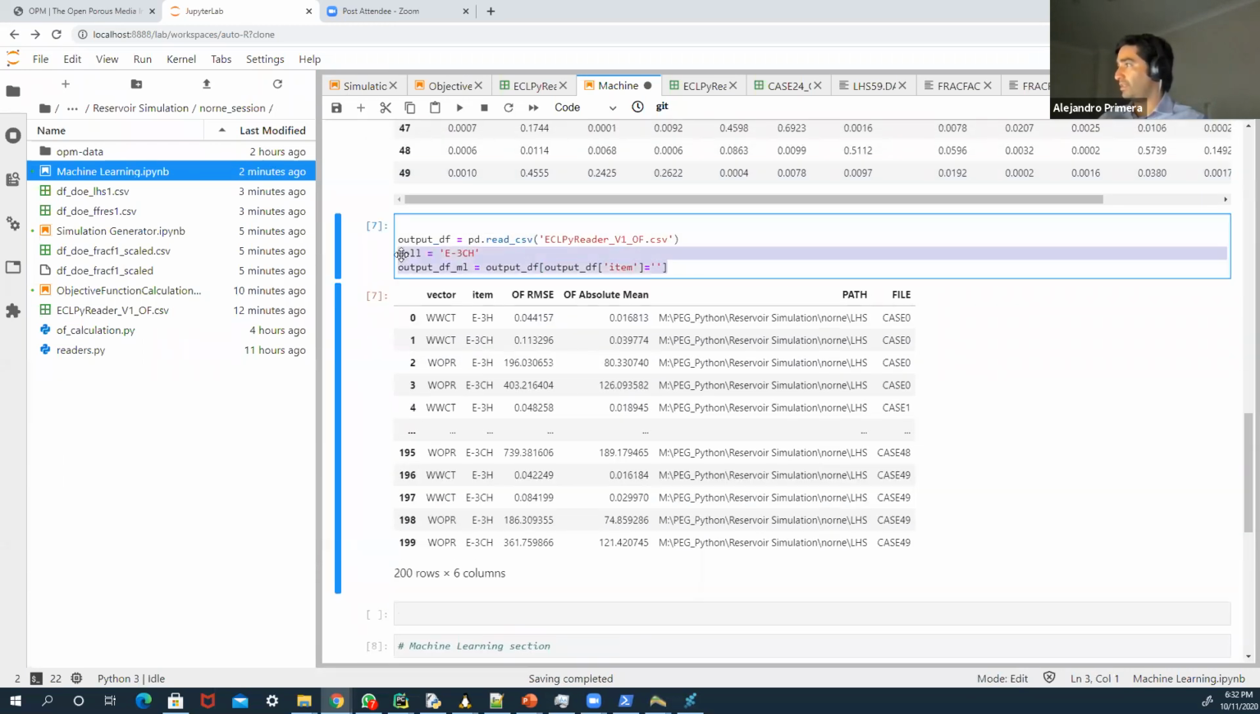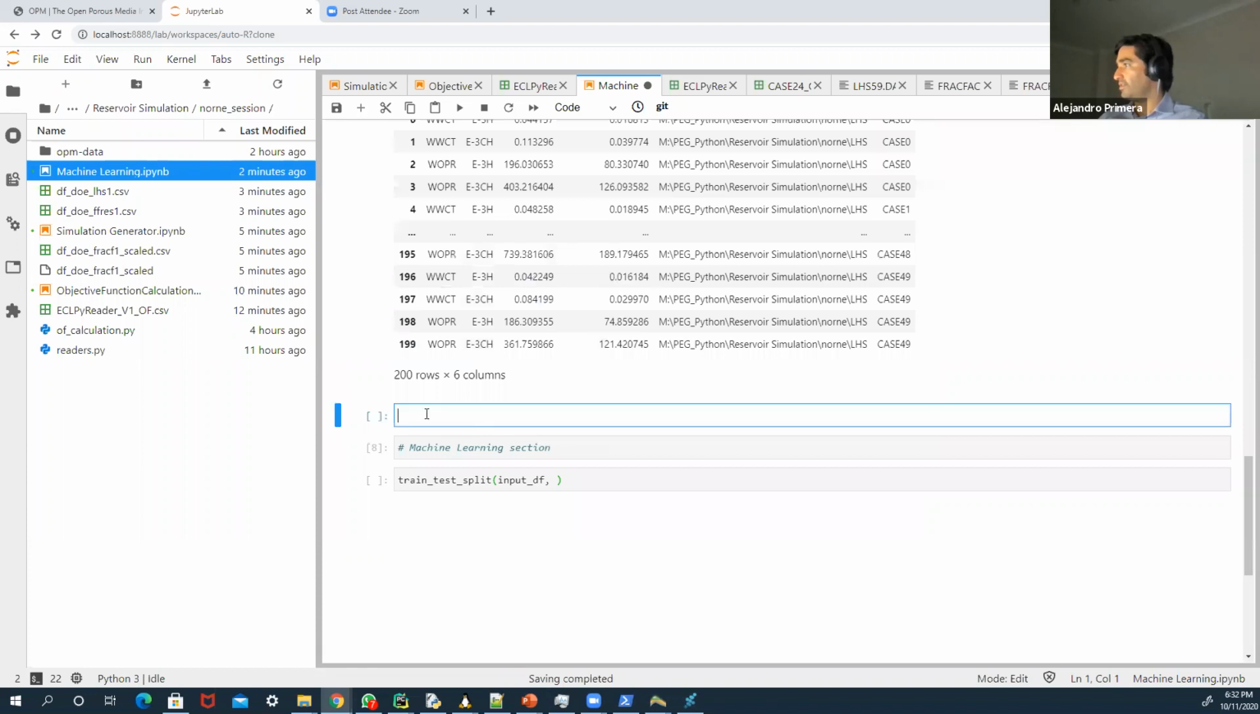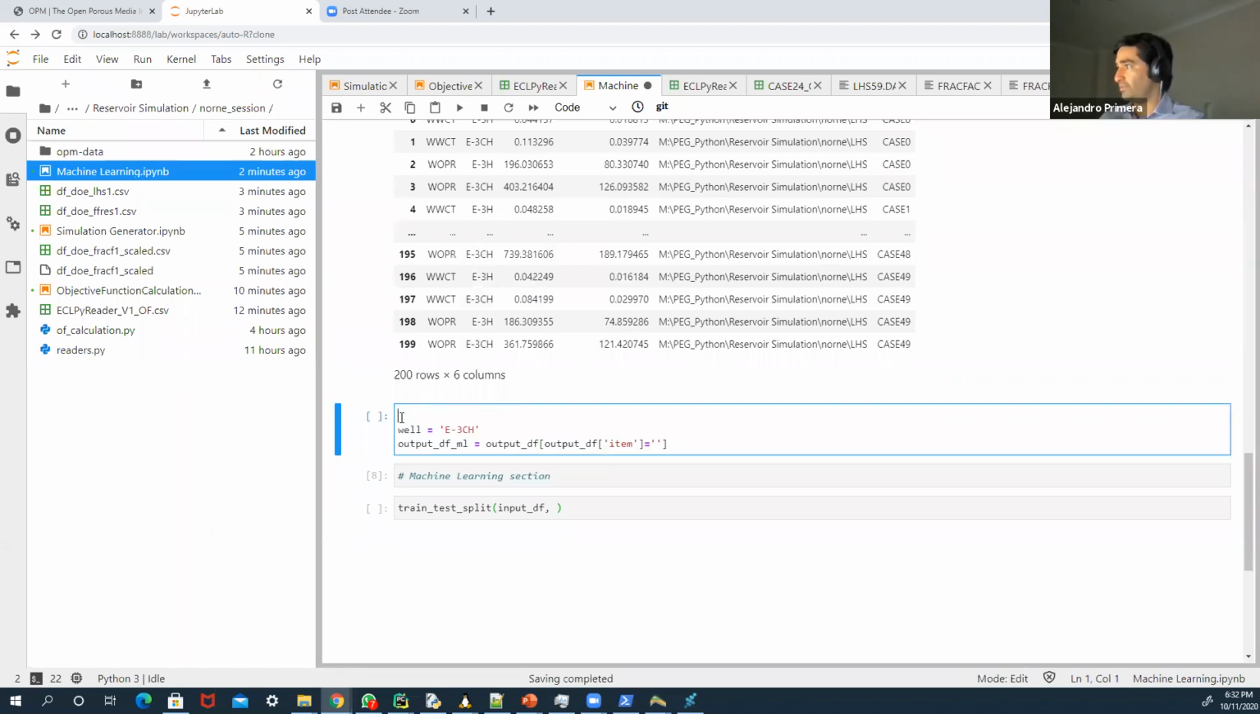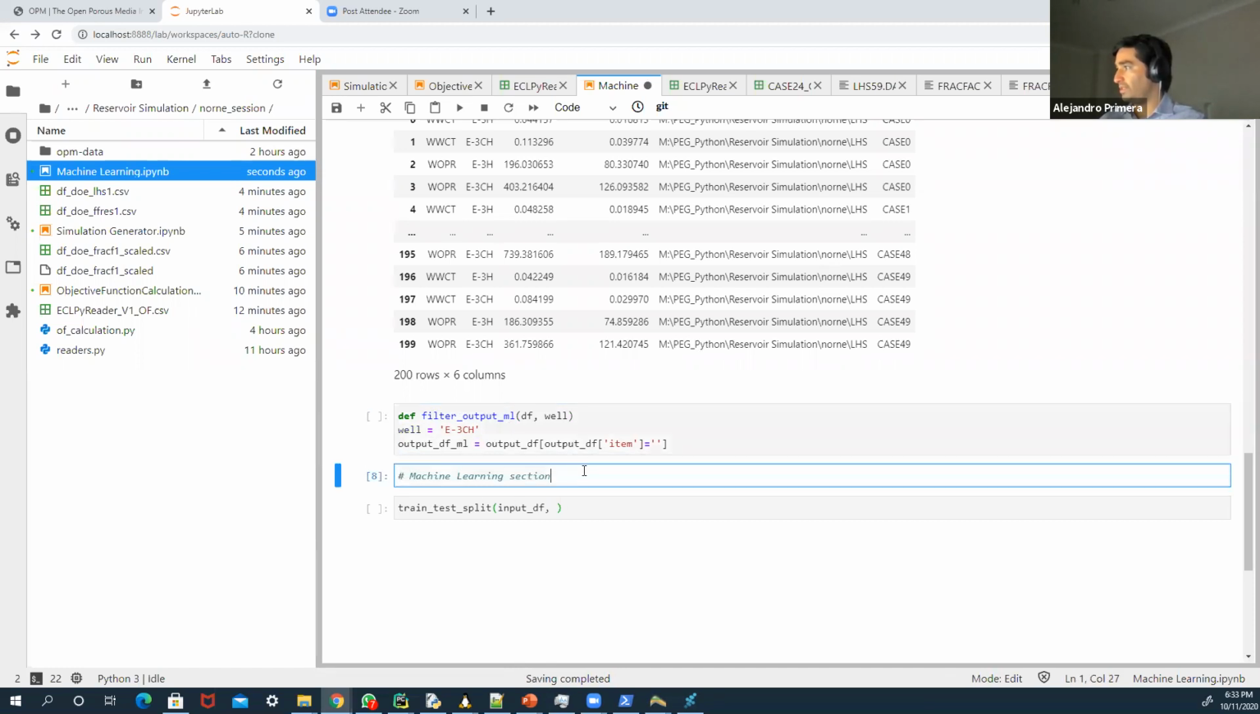And in fact, I'm going to put this in a function, as filter output ML, and I'm going to pass the data frame, and I'm going to pass the name of the well. So if I do that, in the machine learning section,